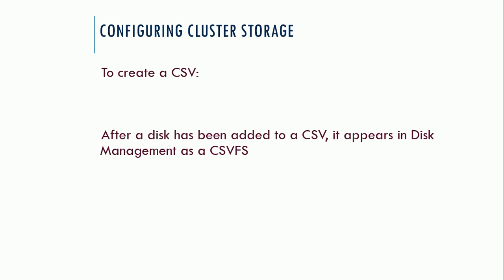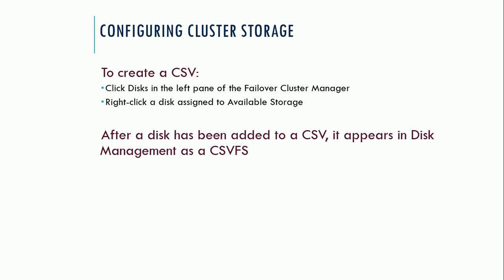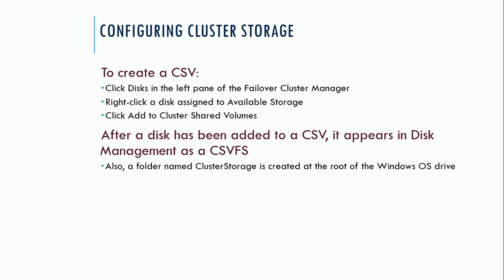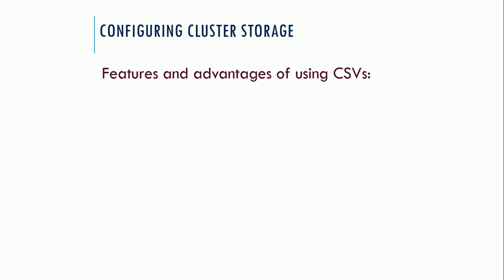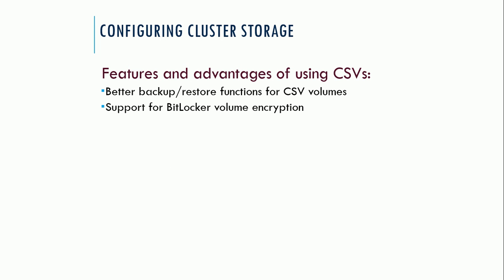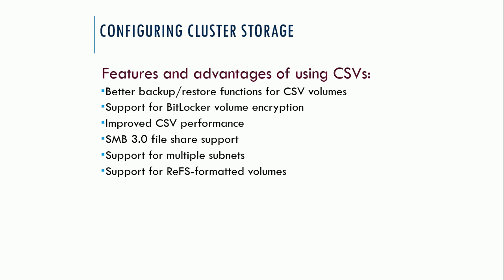So to create a cluster shared volume, you're going to click the disks in the left pane in the Failover Cluster Manager, right-click a disk assigned to available storage, and then click Add to Cluster Shared Volumes. So after it's been added, it appears in Disk Management as CSVFS, or Cluster Shared Volume File System. So the advantage of using a CSV is that you have better backup and restore functions, support for BitLocker or volume encryption, improved performance. You can use SMB 3.0 for file sharing, support for multiple subnets,